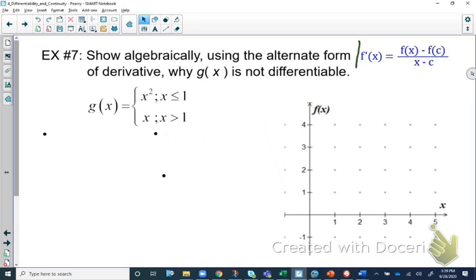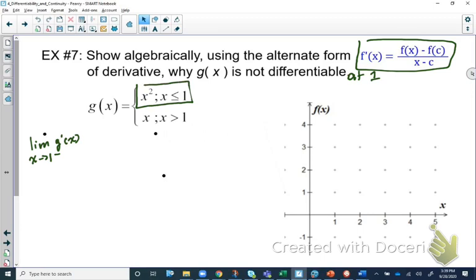So we have, this is the alternate form of the derivative, and so here, of course, I think we're looking at it at the number 1 because that's where the functions kind of overlap each other. So let's take a look at the function here, and I'm going to say, in this case, the limit of g prime of x, this is what we're looking for now, as x approaches 1 from the left-hand side, because the left-hand side is going to be looking at